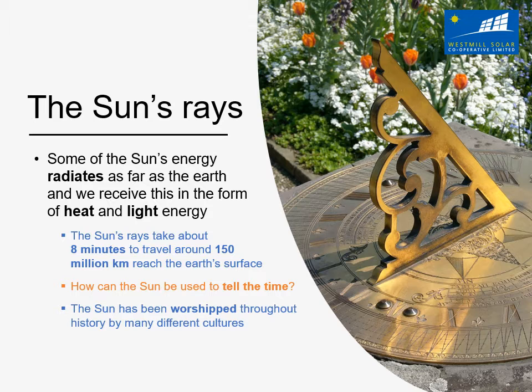So we can tell the difference between day and night, but how can the sun be used to actually tell the time? So, as the Earth turns, the sun seems to move across the sky, and the shadows cast by objects and people will change in length and direction. So these shadows can be used to chart the passage of time, and then sundials were designed to do this by dividing the day into segments or hours. Sundials have been used for hundreds of years. In fact, the use of sundials has actually been traced back thousands of years,